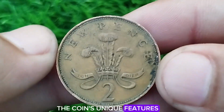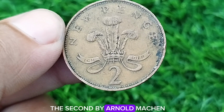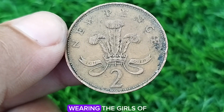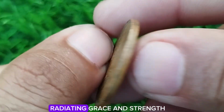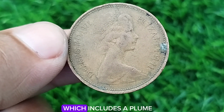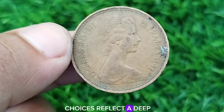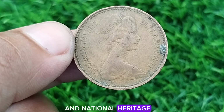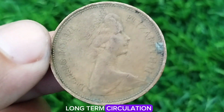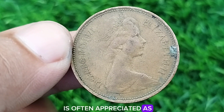The coin's unique features truly set it apart. On the obverse, it features the elegant portrait of Queen Elizabeth II by Arnold Machin, one of the most admired royal profiles ever used on British coinage. The Queen is depicted wearing the Girls of Great Britain and Ireland tiara, radiating grace and strength. On the reverse, the coin proudly displays the badge of the Prince of Wales, which includes a plume of ostrich feathers encircled by a coronet and the motto Ich Dien. These design choices reflect a deep connection to royal symbolism and national heritage. The coin was minted in bronze, and over time, many examples, especially those that saw long-term circulation, have developed a distinctive dark or blackened patina, which in the world of coin collecting is often appreciated as a mark of age,